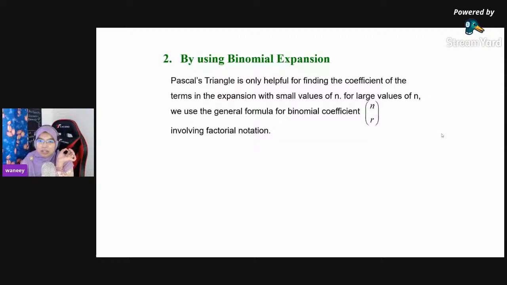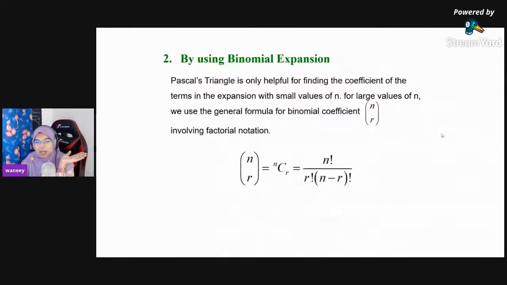Pascal triangle is only helpful for finding the coefficients of terms in the expansion with small values of n. Of course, if you have n is 20, you are not going to do your Pascal triangle until the end of the A4 paper. That is why normally we are going to use the binomial coefficient formula. For large values of n, we use the general formula for binomial coefficient involving the factorial notation. Normally we are going to use nCr, where nCr is actually n factorial over r factorial times (n minus r) factorial. This one will be very useful when we want to calculate